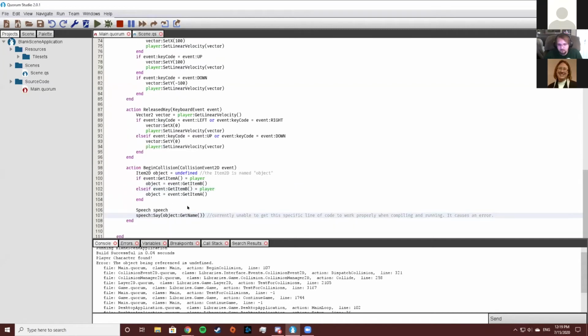So I'm gonna uncomment. All right. So I've got action begin collision. Yep. And I called my 2D object, or my item, 2D Water 1, object instead of item. Sure, that's totally fine. Undefined. Get player or event Water get item. A equals player, object equals event get item B, so on and so forth. All of that I think is the exact same format as what you have. And then Water say object get name, and then if I try to run it,